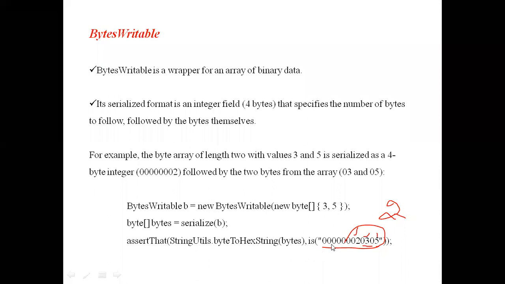getBytes means including the integer field, what is the total current length of the array? Including the integer field, the current length of the array is 3. When we come to getLength, it will only consider the actual values we are going to store, so the length will be 2.